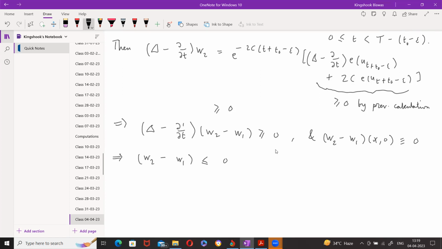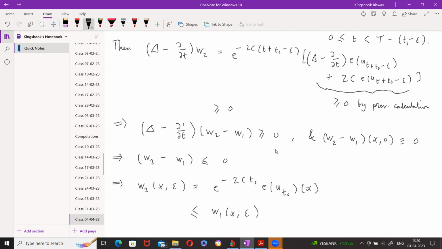So in particular, W2 of x comma epsilon, if I put t equal to epsilon, what will W2 become? This will become e to the minus 2c t naught, energy of u t naught of x. This is less than or equal to W1 of x epsilon,